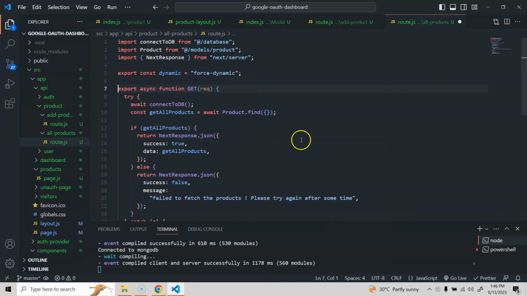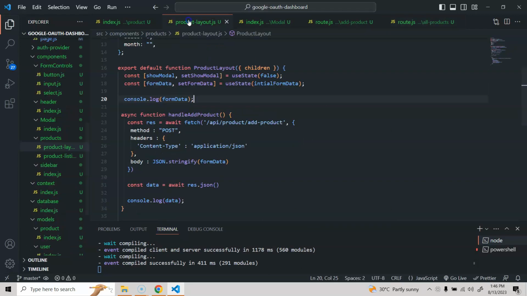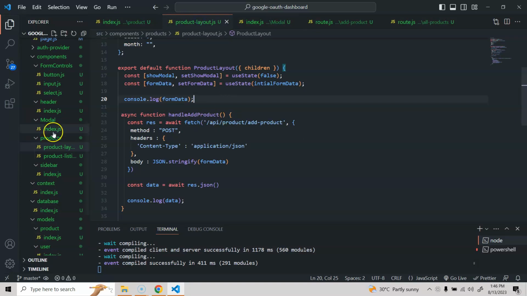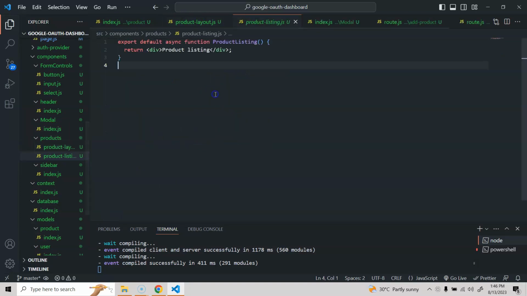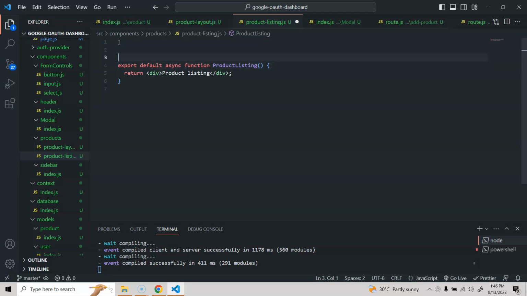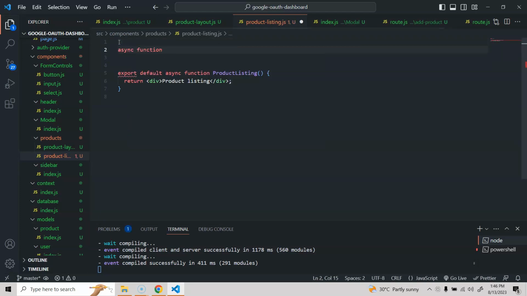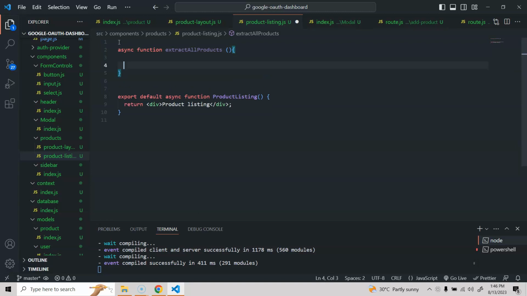That's it. Let's save it. So now what we are going to do, we will go to our main product listing page. So we are having this product listing, and here let's create another method. So we'll do async function extract all products,